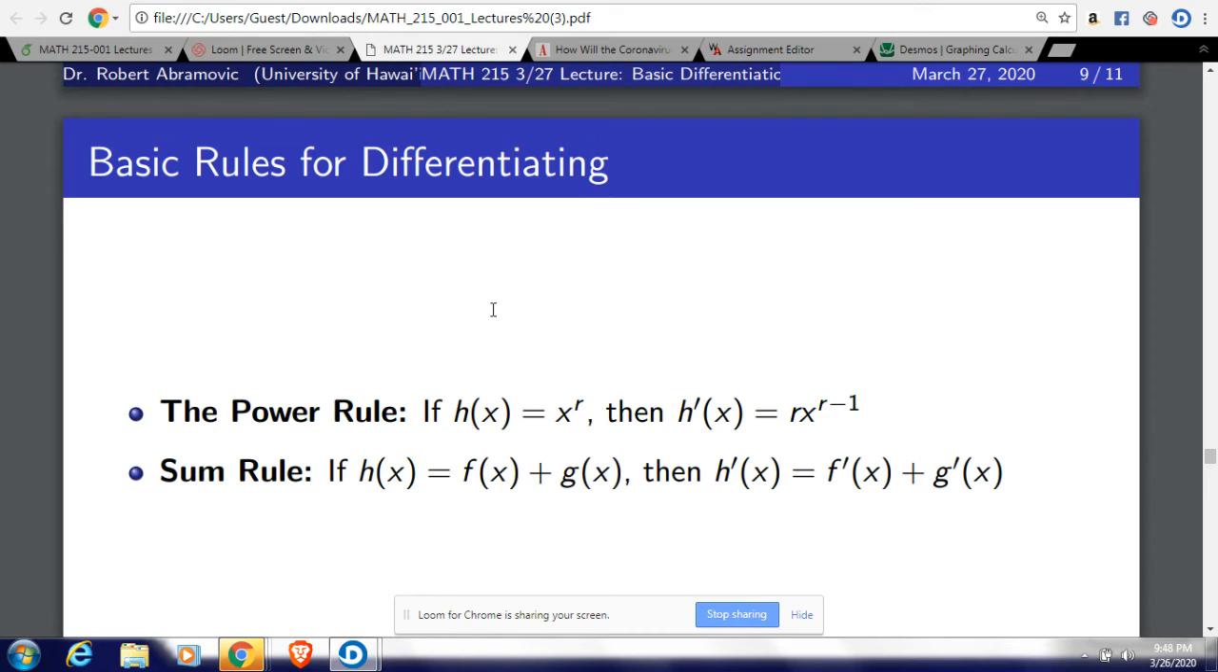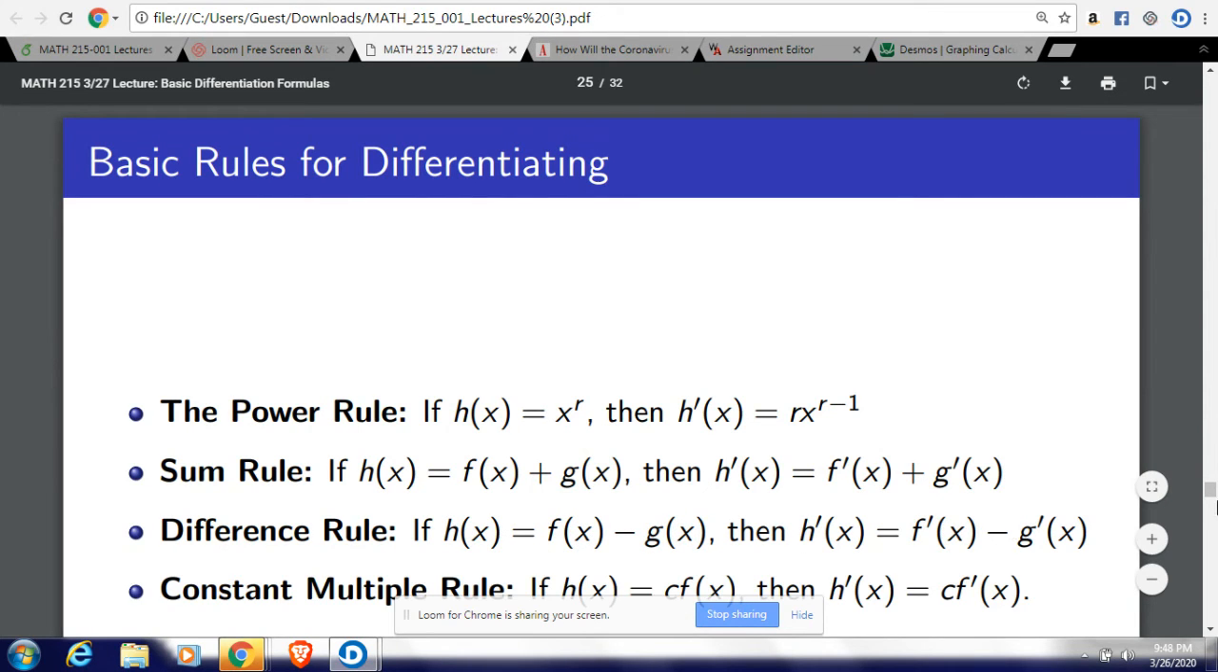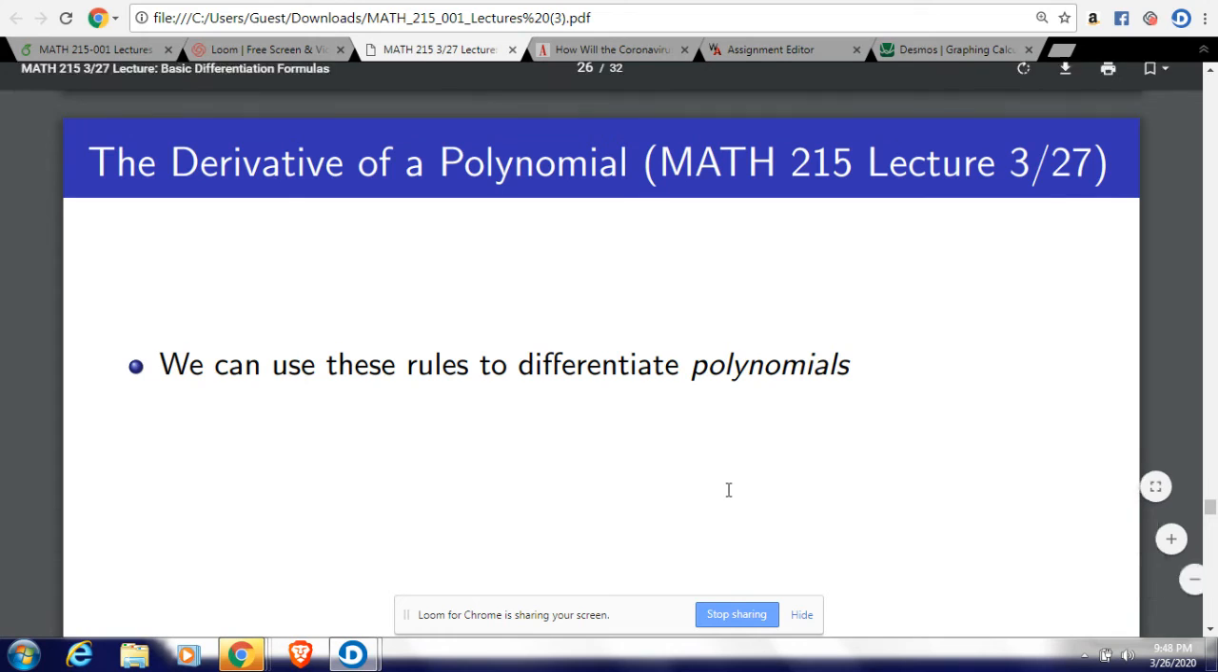And sum rule: the derivative of the sum of functions is just the sum of their derivatives. Difference rule, same thing, but with difference: the derivative of the difference of two functions is the difference of the two derivatives. Constant multiple rule: if h of x is c times f of x, the derivative of this function is the constant times f prime of x. So constant times the derivative of the function. We can use these rules to